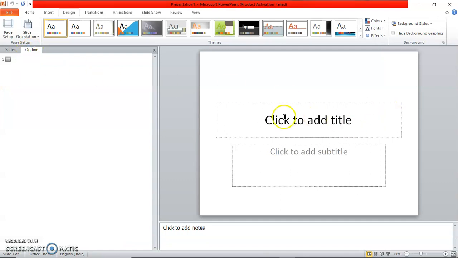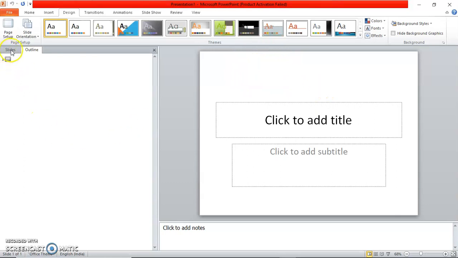Whatever you type on the slide, you can see here. You can edit your text in the Outline tab also. Here, click to add notes. This is the notes pane. You can write something extra about your presentation.